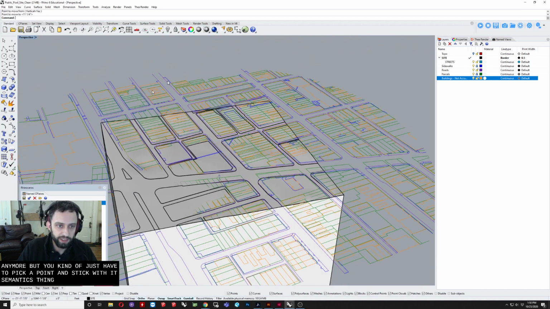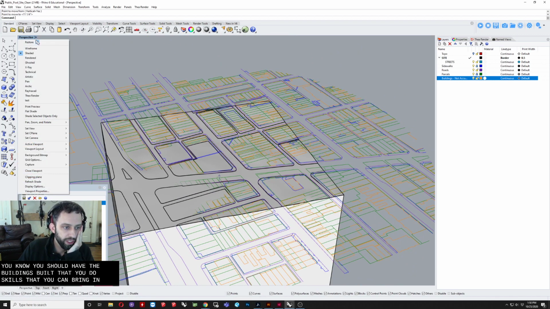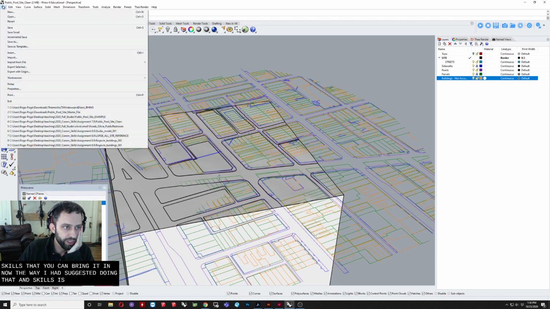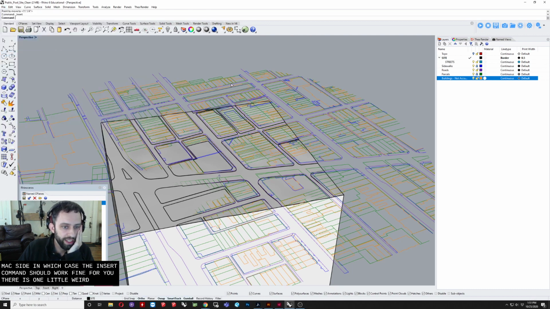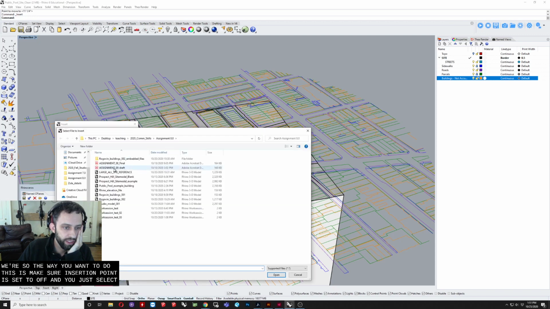So the next thing is, at this point, you should have buildings built that you did in Skills that you can bring in. Now, the way I'd suggested doing that in Skills is using the work session. I've heard that some people are having trouble or that this doesn't fully work on the Mac side, in which case the insert command should work fine for you. There is one little weird eccentricity with the insert command, so the way you want to do this is make sure insertion point is set to off, and you just select